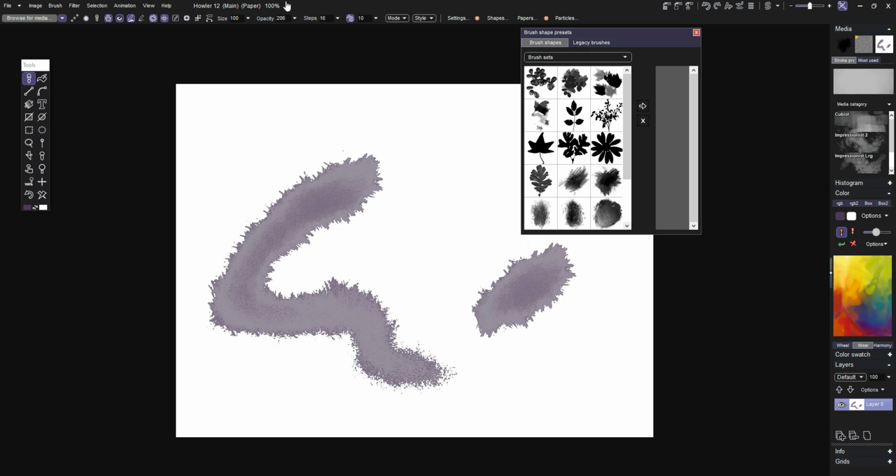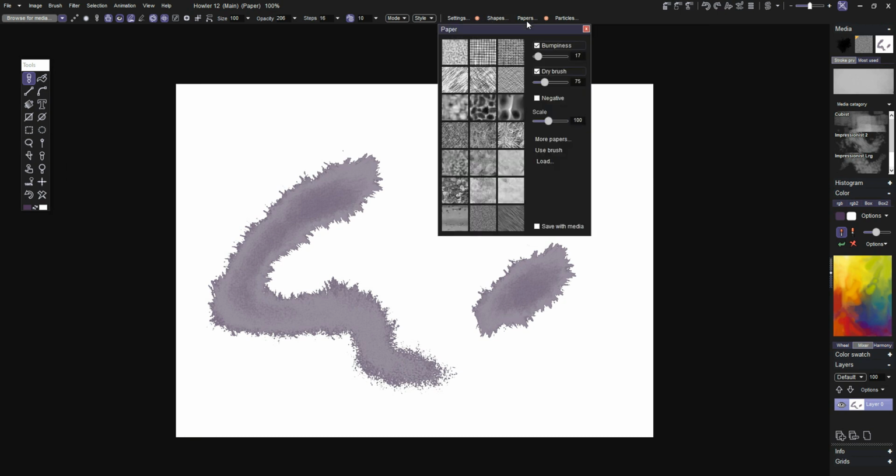Let me talk about a few more things while we're here. We've also overhauled the paper panel to give finer control over paper. Now, before, bumpiness and dry brush were basically the same control, and it wasn't very good. So we separated those two into separate controls, and we've also added an ability to save the particular